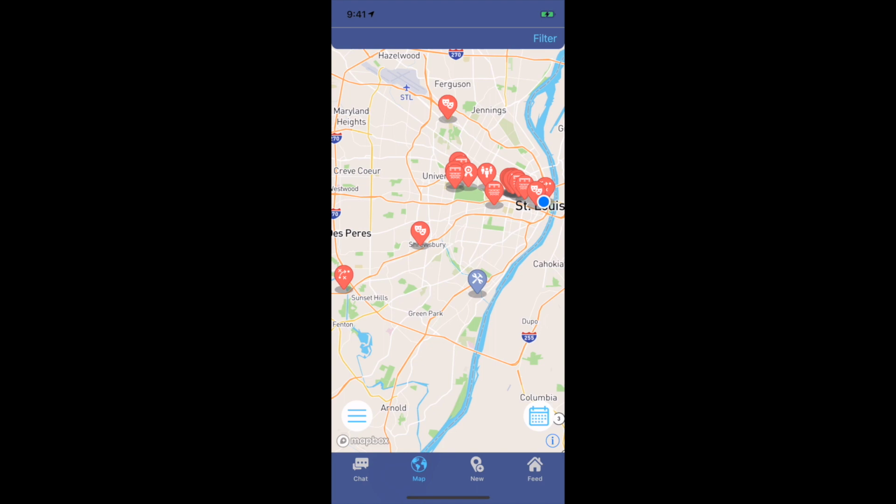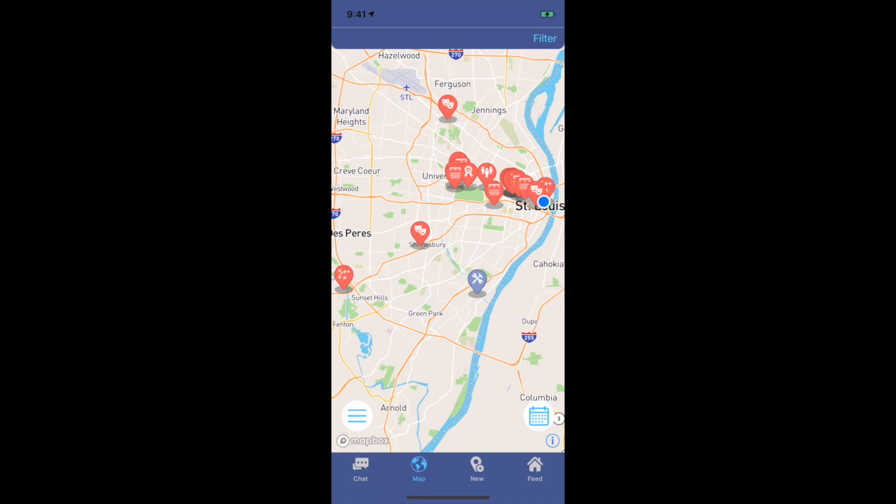So everything that's being shown to me on the map right now is actually all happening at one moment in time. This is everything that's going on March 30th at about 9:30 p.m. There's no way for me to manipulate the map to show different times. This is always just showing what's going on at the user's exact moment when they open the map up.